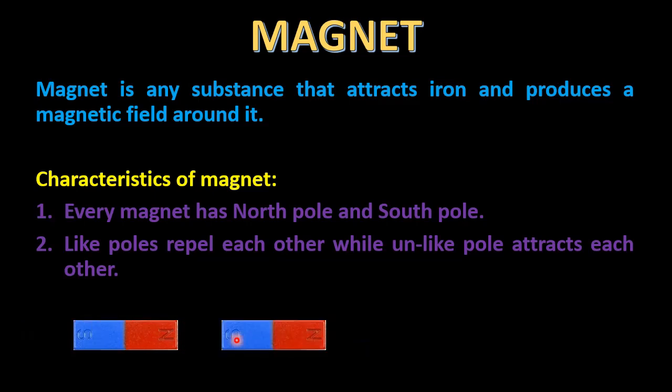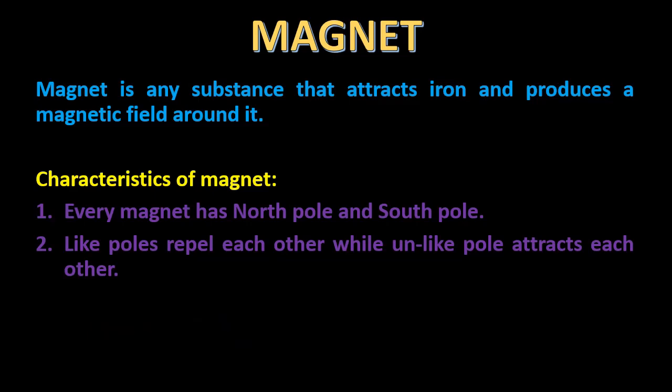And here we place the magnets in such a way that the north pole of one magnet faces the south pole of another magnet. Here there is a north pole and a south pole, that means unlike poles. If we place the two magnets in this way, then the two magnets will get attracted and attached to each other. So from the second characteristic, what we understood is that north poles repel each other, south poles also repel each other, but a north pole and a south pole attract each other.